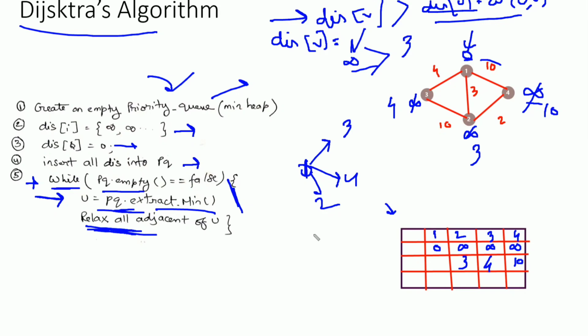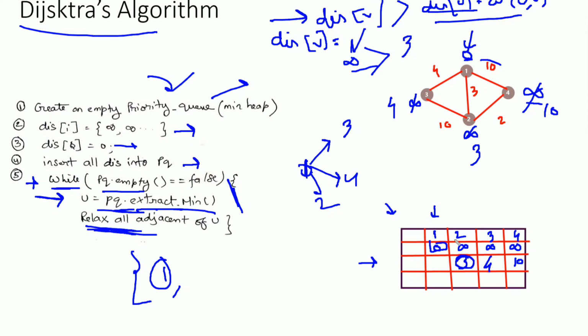Now again we'll come to this part and check whether the priority queue is empty or not. The priority queue is not empty, so again we'll perform the extract min operation. Out of vertices 2, 3, 4, the vertex having minimum distance value will be popped out, because vertex 1 has already been popped out as it contained the minimum value. So in our main shortest path set, vertex 1 is there, having minimum value 0. Next, for the remaining vertices, the minimum value is 3.